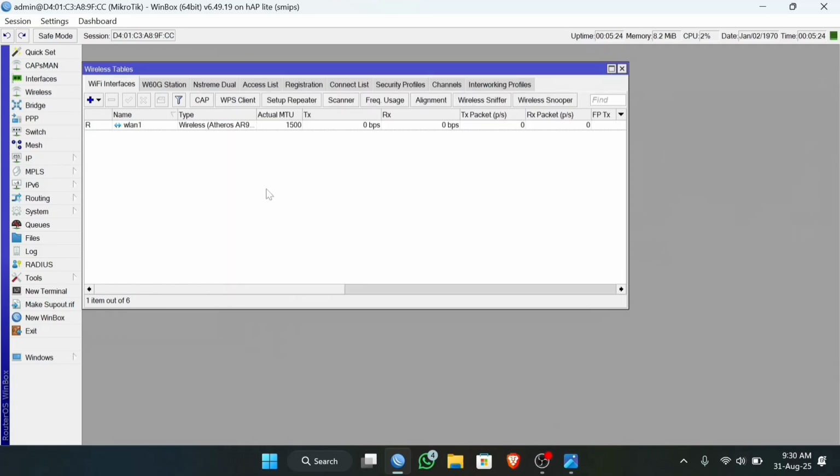I typed it wrong in the security profile. If it was successful, the running symbol will show here.